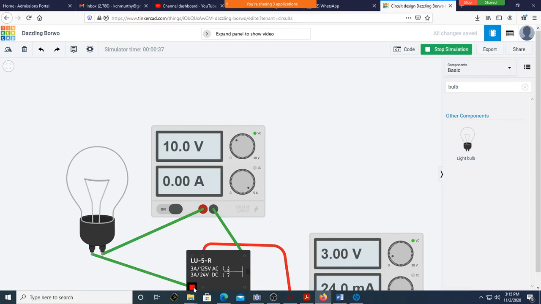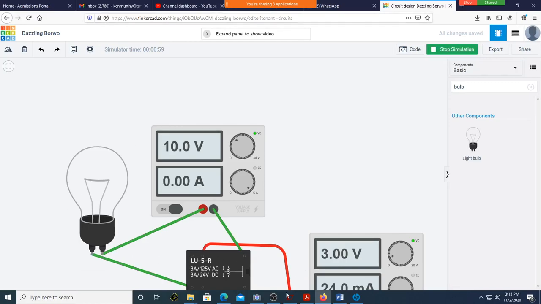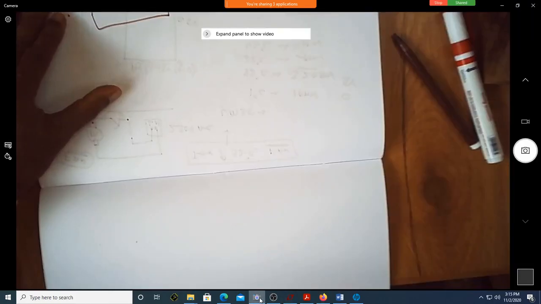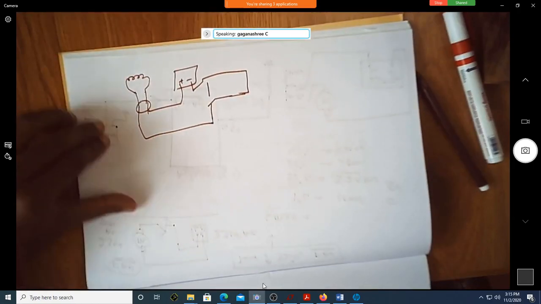Unfortunately, since we are far away, let me just take this bulb. See now, this is the connection I made.